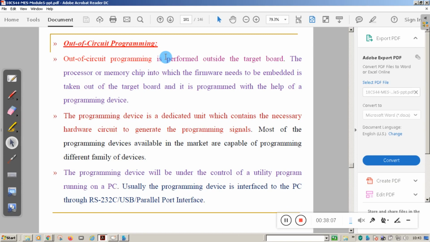You remove the target flash memory from the target board, insert it into a programmer device, and program it. You dump the developed code into it. That is out of circuit programming.